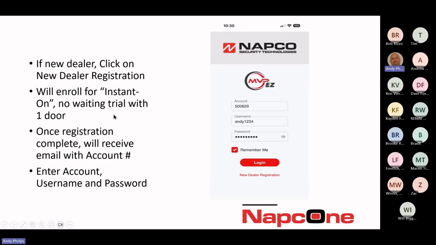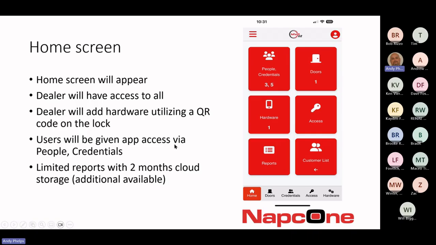If you're already an MVP access dealer, you wouldn't be able to get that. But it's really easy. This is the home screen for the dealer login. So you have your people, your credentials, doors, hardware, access, reports, and then you can go back to your customer list. All of the hardware, wireless locks, the NA1, NA2 panels, the wireless deadbolt, net panel, all of these will have a QR code that you will be able to use